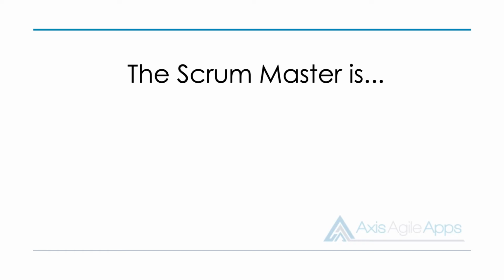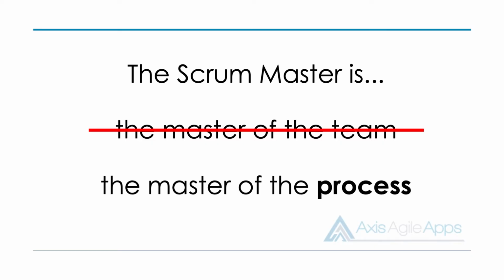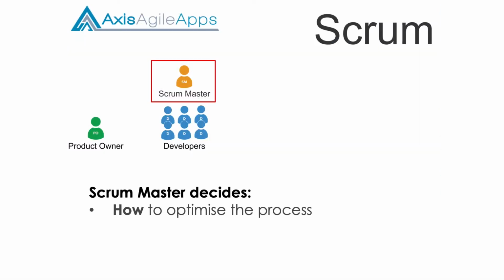No. Okay, the way I like to put it is the Scrum Master is not the master of the team, but they are the master of the process. So sometimes Scrum Masters are instead called process owners, or you might hear them being called iteration managers. And the responsibility of the Scrum Master is to make sure that the process is adopted effectively, but also continuously